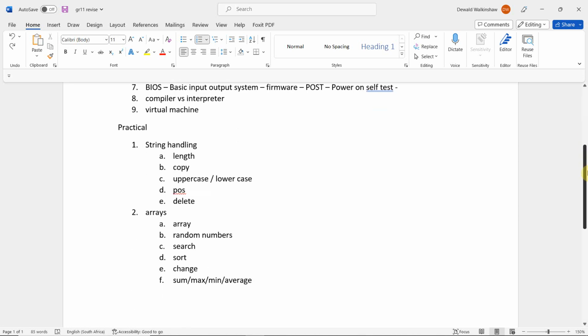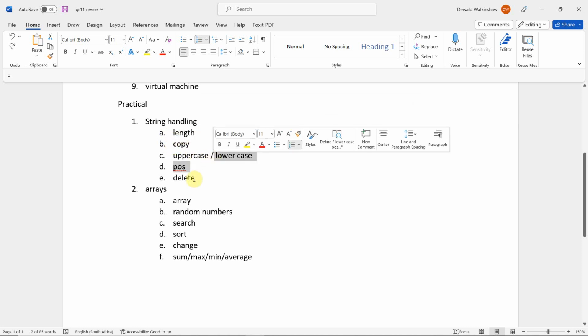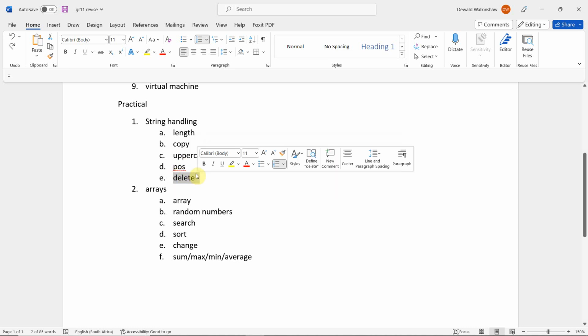So for the practical, you just need to make sure, I think Mr. Crunier said he did everything. With string handling, that's going to be question 1, you need to know the length function, the copy function, uppercase and lowercase functions, the position. So if you need to find the position of a hashtag or the position of a space, etc., you need to know the delete function. And then with